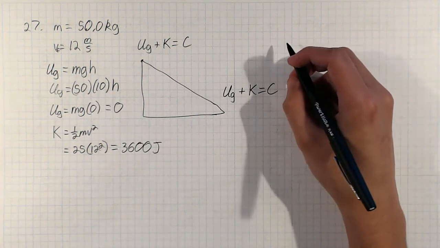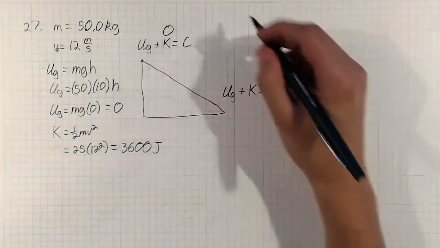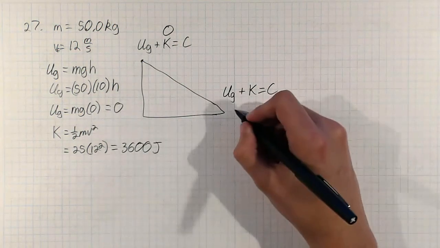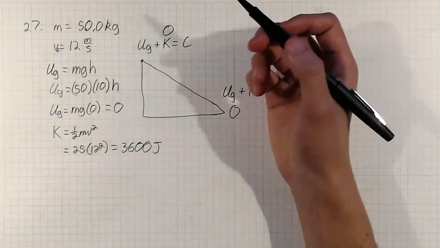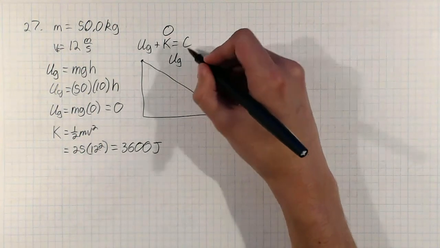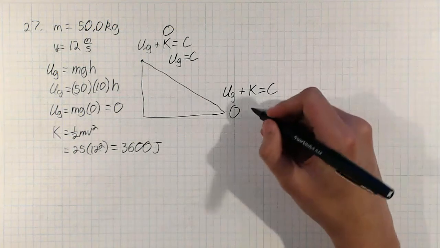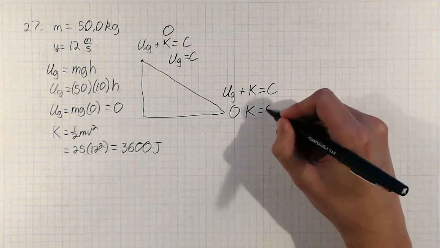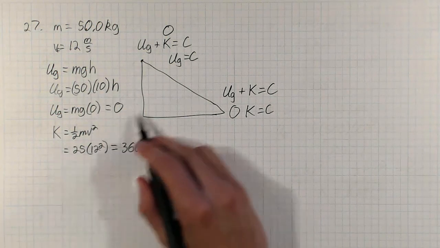same constant c. Now, at the top, we know the kinetic energy equals 0, and at the bottom, we know that the gravitational potential is equal to 0. The reason the kinetic energy is equal to 0 at the top is because he starts out with 0 velocity. So that means at the top, our gravitational potential is equal to c, and at the bottom, our kinetic energy is equal to c. Now, we just calculated our kinetic energy at the bottom, so now we can calculate our